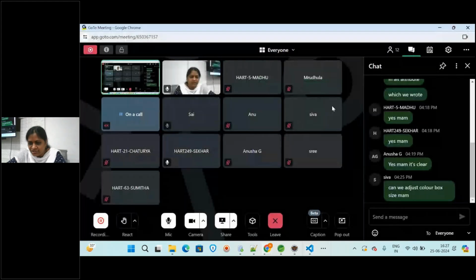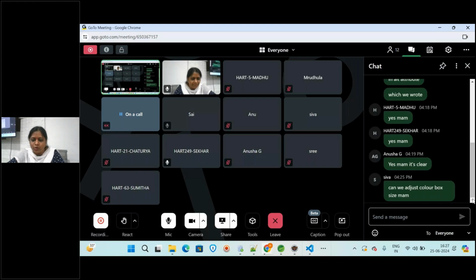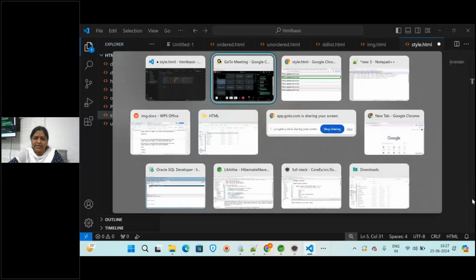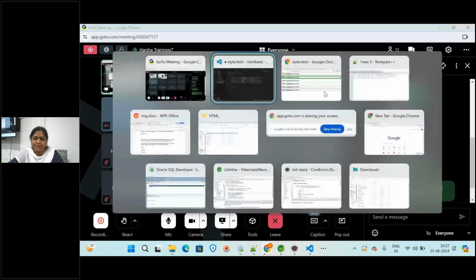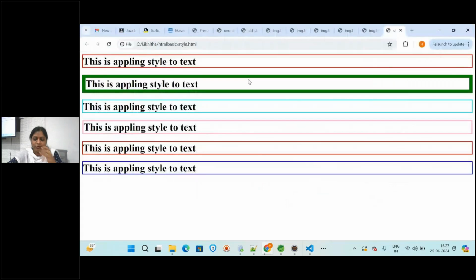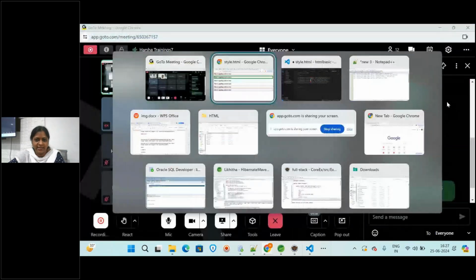Is it that you asked, Shiva? Okay, or else in the output this size you are asking, this complete size. Okay, it is coming full page, you want to adjust that size you are asking.